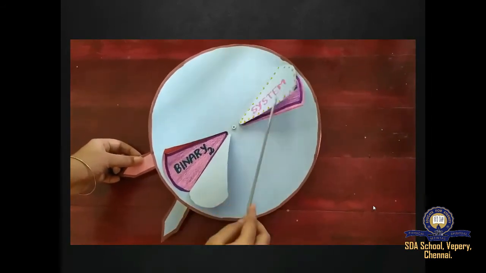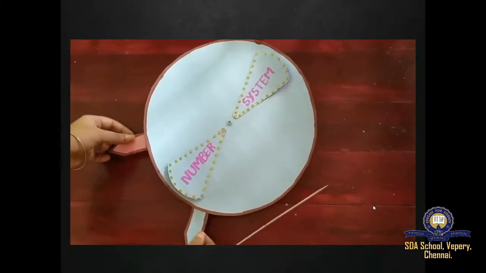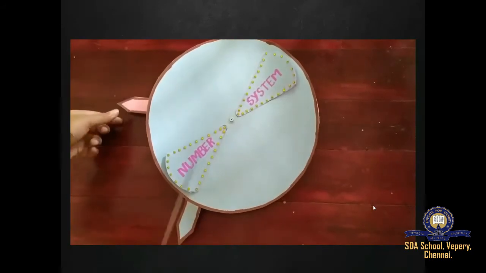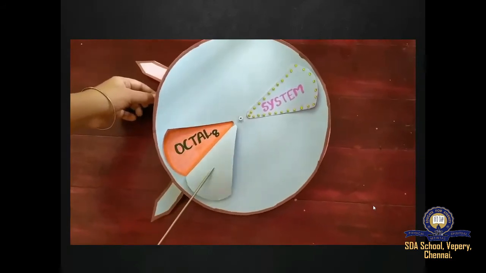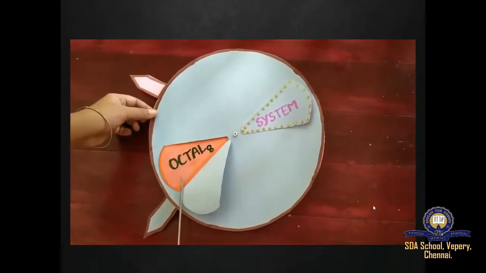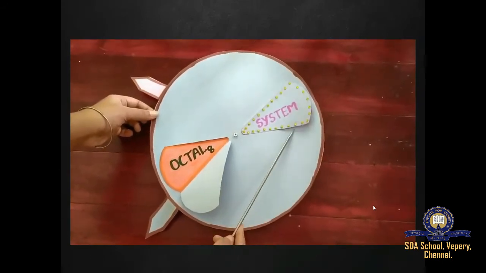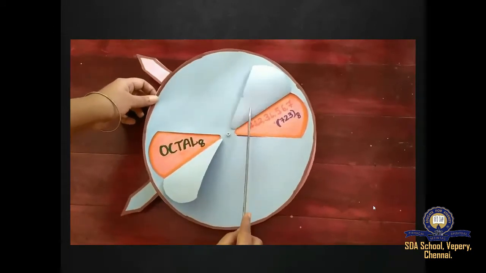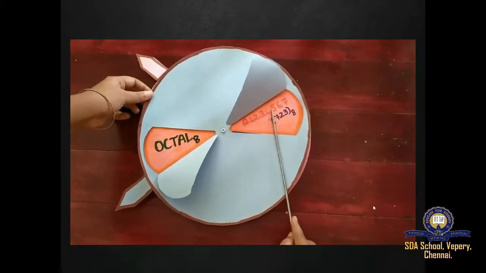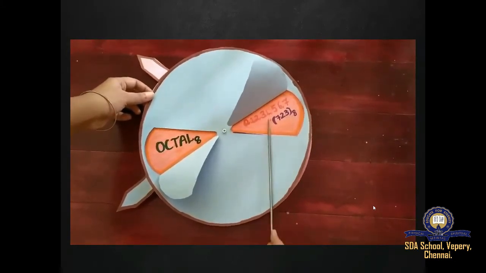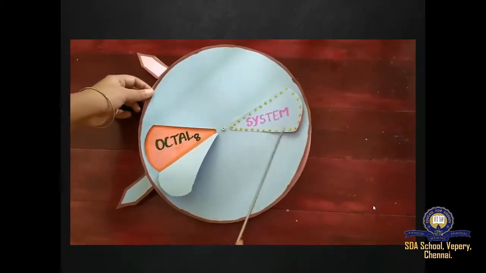Very good. Now, the third type of the number system is octal. The octal number system has its base value as 8. Very good. So totally 8 different numbers, that is from 0 to 7: 0, 1, 2, 3, 4, 5, 6 and 7. 7, 2, 3 with the base value 8 is an example of the octal number system.